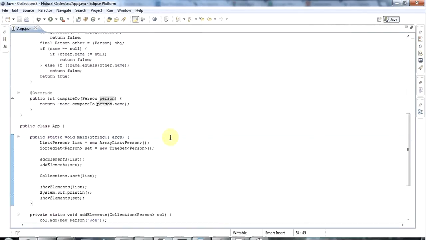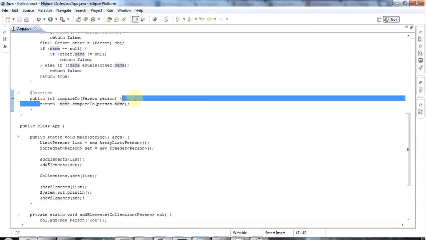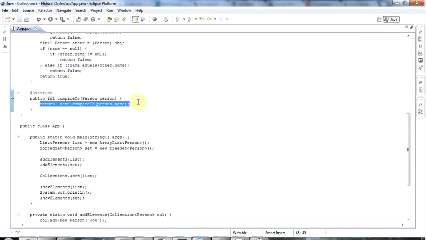Now supposing I want to do something a bit stranger, and we're going to encounter a little gotcha here. This would work fine if you want to sort using some numerical field or some string field, but supposing you want to sort on something a bit stranger, like for example the length of a string. So let's start by getting the length of the name of this person, the object that we're actually in. So I'll say int len1 equals name.length,